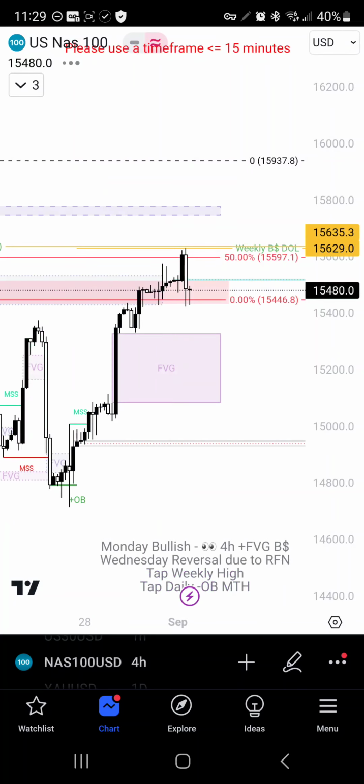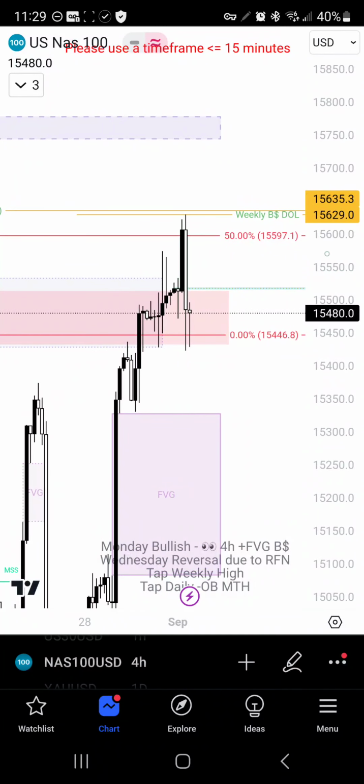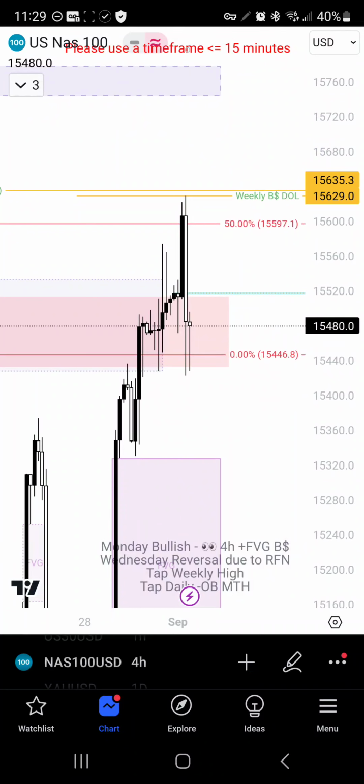On the 4 hour, I was thinking we would get the 4 hour market structure shift, but we did not. The 4 hour market structure shift would have been if we got a close below this low, but we did not. So we very well could, Monday, Tuesday, whenever the market opens up, get that pullback down here, right? And get that bearish market structure shift on the 4 hour. And again, it would be this one because this is the low that created this high. This was the low before the high. So we could get a close there, giving us our 4 hour market structure shift.